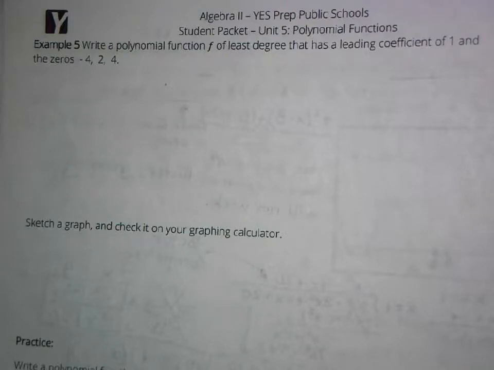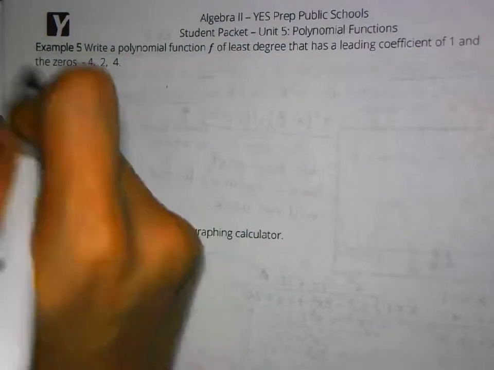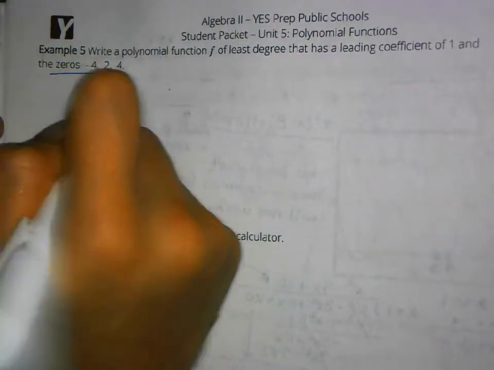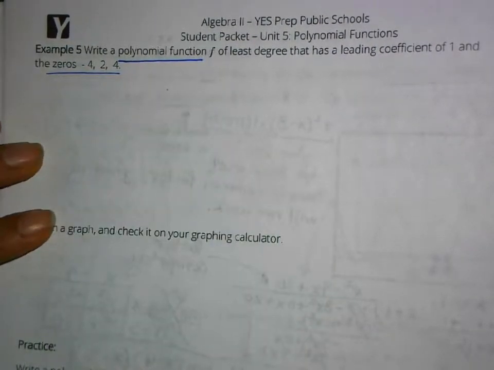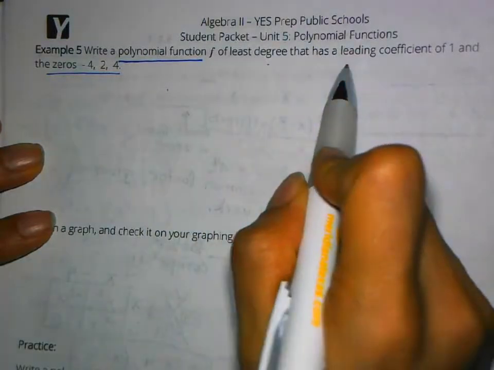Okay, so all this time I've been giving you a polynomial function and asked you to find the zeros. We're going to go backward this time. Now I'm going to give you the zeros. Here are my zeros. And I'm asking you to write a polynomial function of least degree that has a leading